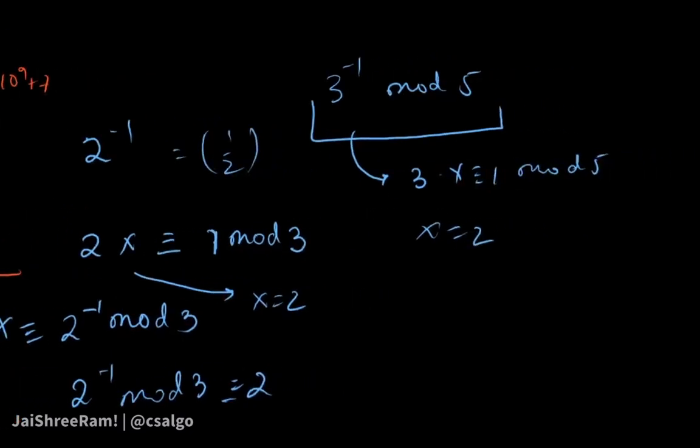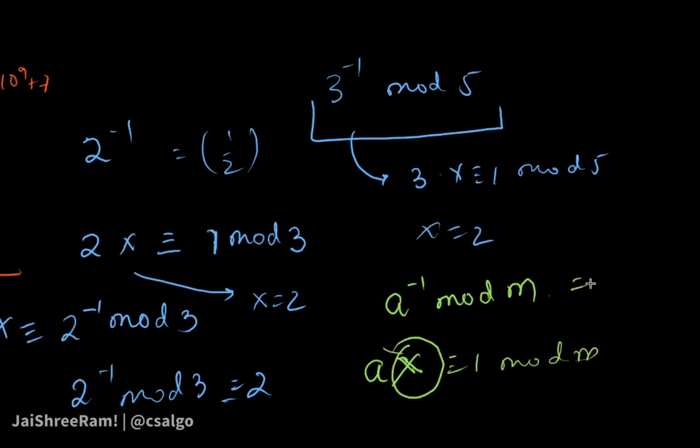So now we are clear with the definition of what an inverse modulo m is: such an a multiplied by this x will give you 1 mod m. The value of this x is the inverse. Okay, this is what we're talking about, modulo inverse. So what do you multiply with something so that it gets this? And this is the inverse that we will find out in the expression.